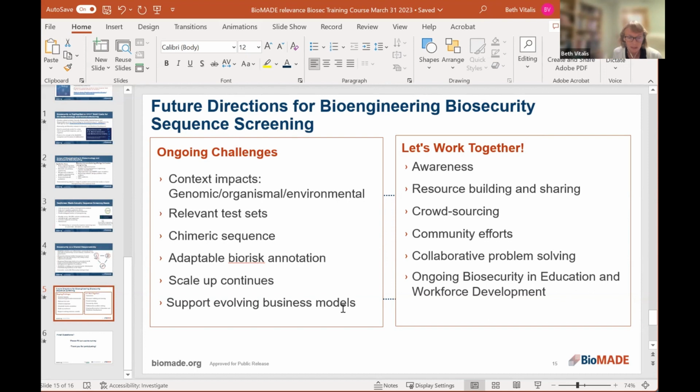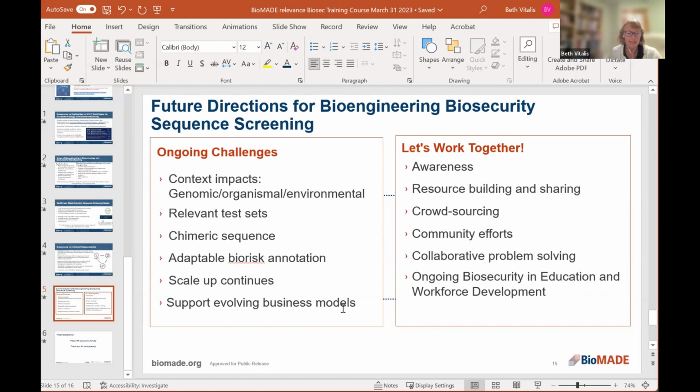And then there's environmental impact or application. Take that engineered organism and put it into a different environment, like the GI tract of the gut, which will be very different than the environment, but there could be ecological disruption. So that's another area that we can't see now by looking at the individual sequence, but it has to be considered in the manual evaluation of a hit. And how could we make that more computational?